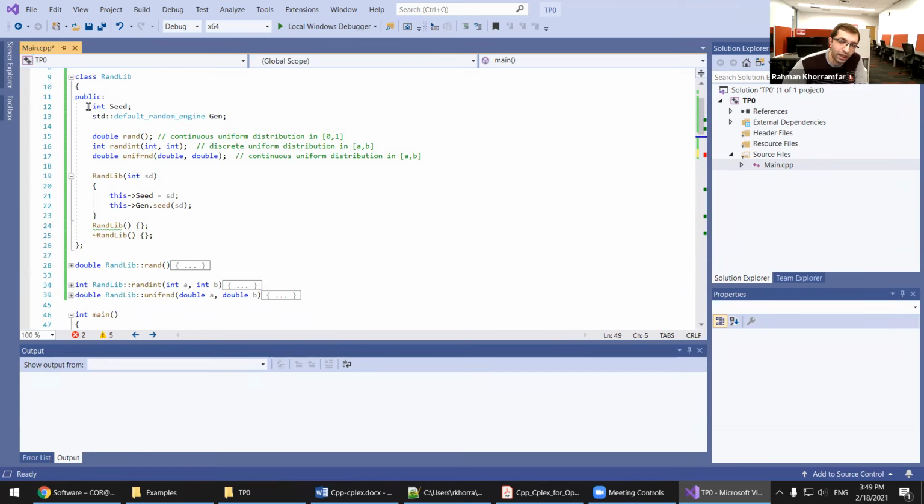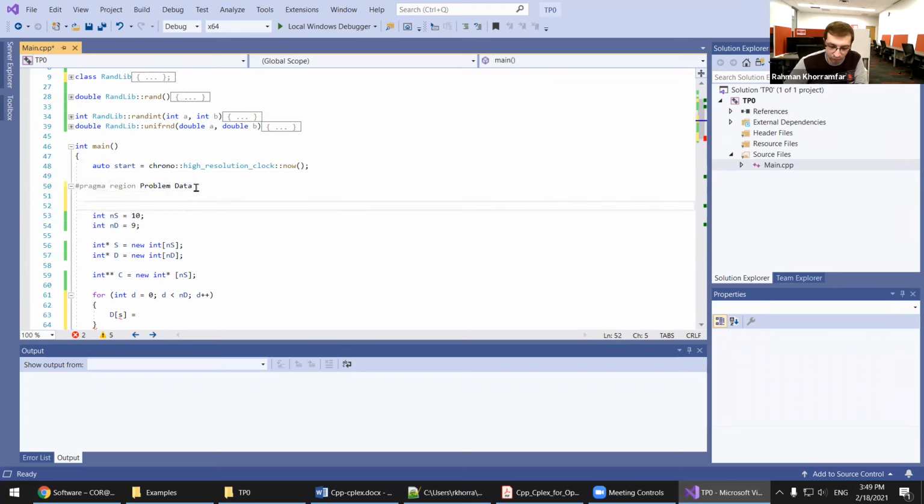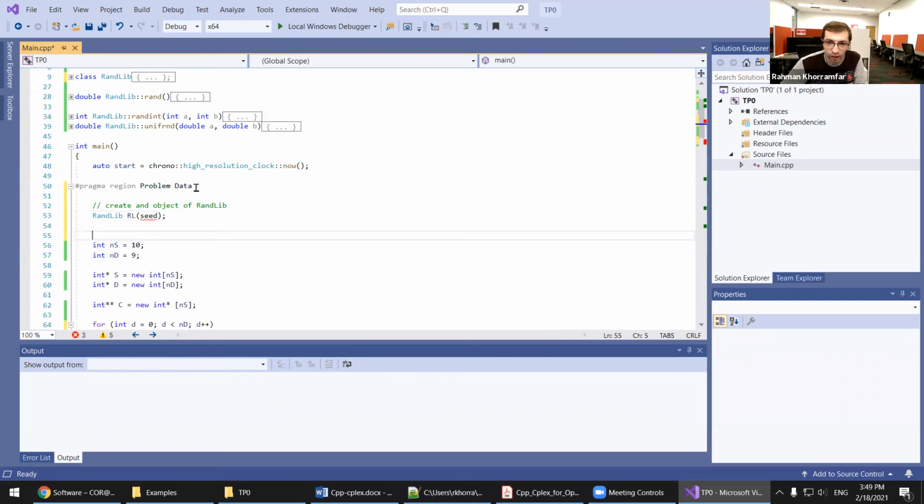If it was a static class, which we are going to see in a few minutes, then it should have the static keyword in each of its methods and fields, but it is not the case for this one. So we have to create an object. Okay, this is the main function. Before doing anything inside this problem data, we create an object